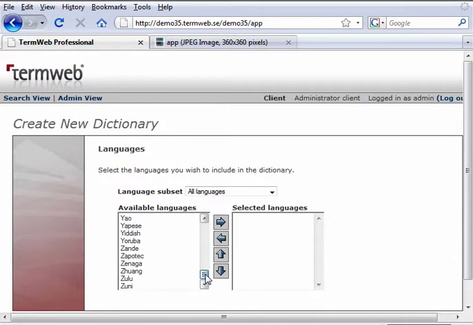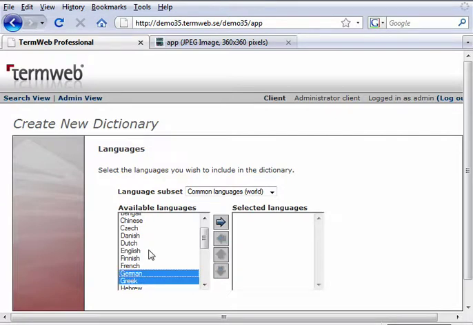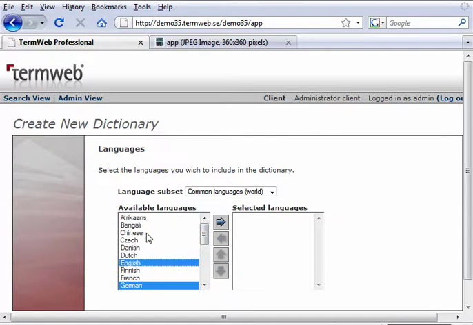TermWeb is a true Unicode software, which means that I have a vast amount of languages supported, as you can see here, both when it comes to the terminology itself, but also when it comes to the user interface. Let's say that I would like to have the common world languages here, and I can select, for instance, by pressing the Control button and clicking at the same time. I can select the ones that are according to my needs,